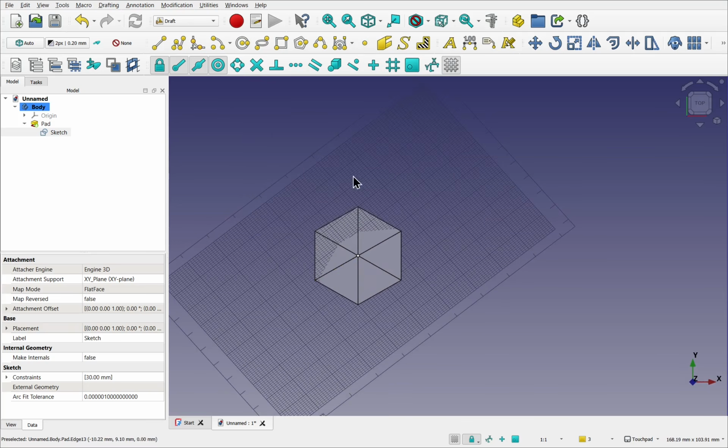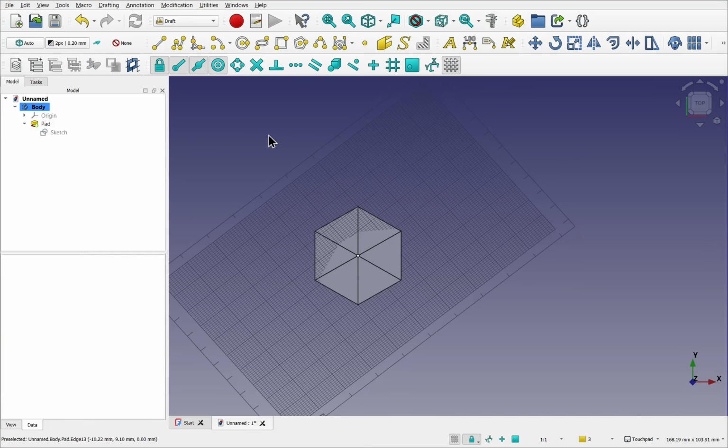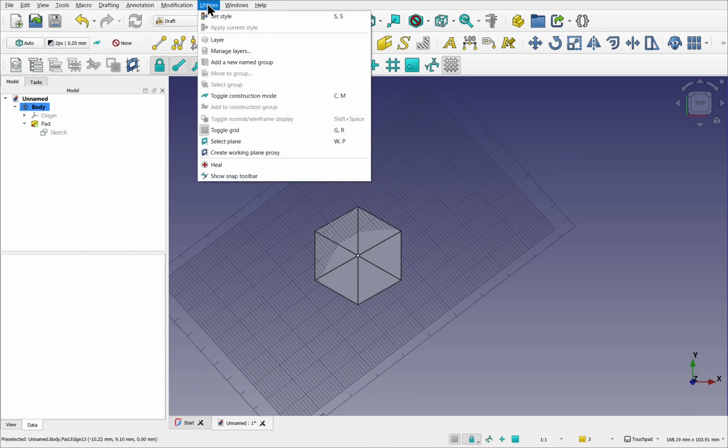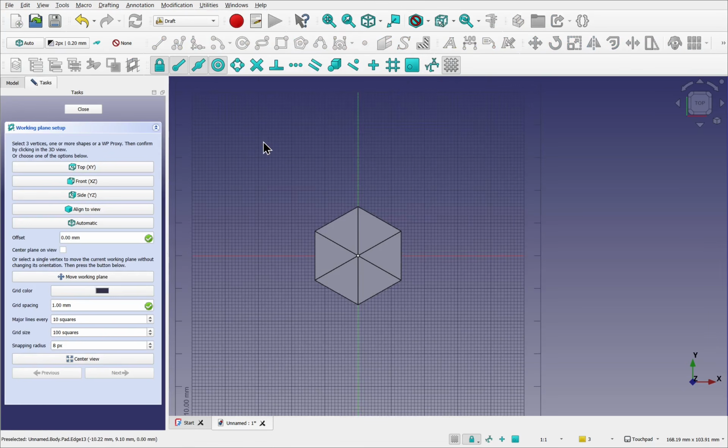We have to align this plane with our view, and you can see that the grid at the moment is angled. So make sure nothing's selected and come up to Utilities and Select Plane. On the panel on the left, we have the working plane set up. But as you can see, the plane has been set to our current view. We can select the front,